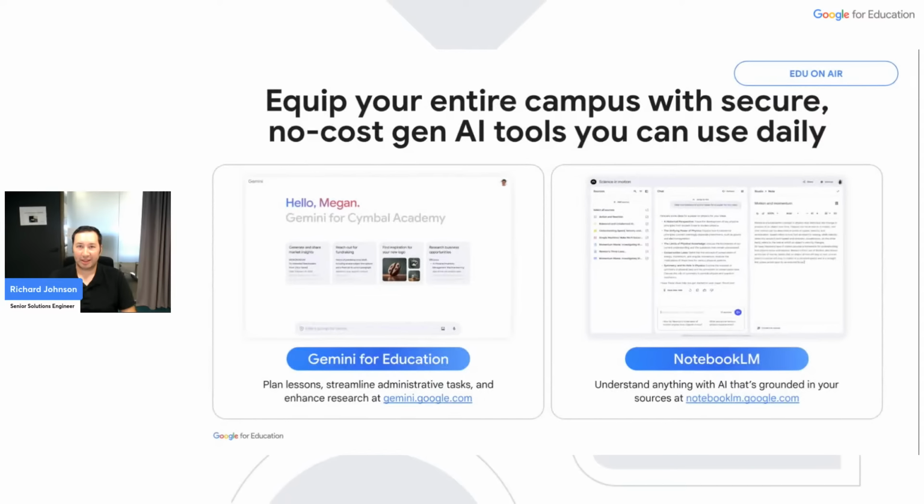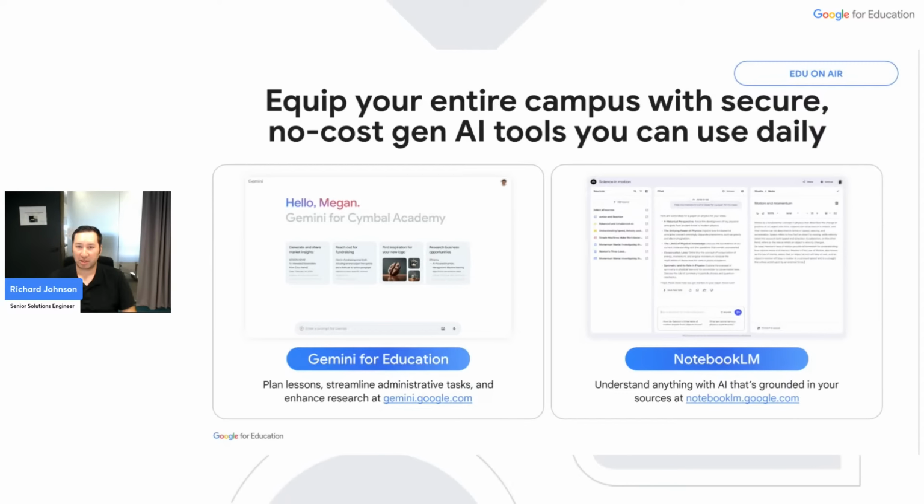Now, you would think that this highly secured, engineered solution would be cost prohibitive since it's built with enterprise-grade security and globally certified. But it isn't. Gemini can be accessed via Google for Education Fundamentals Edition, which is our cost-free solution. We believe that all education users, regardless of institutional location, should have access to AI when it comes to learning or working.